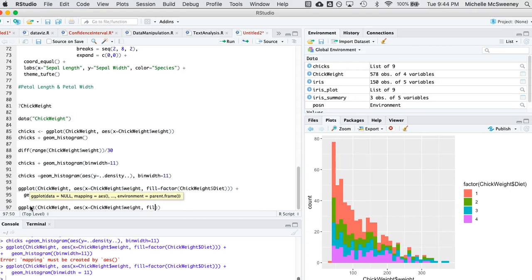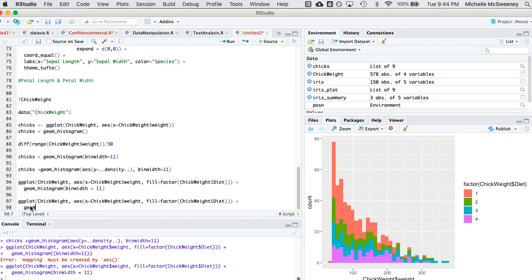And our fill is still going to be this factor of chick weight diet. Right. We'll close all three of those, and we'll add to this our geom histogram. But within our histogram is where we're going to need to do some transformations. So we're going to specify those transformations within the aesthetic. Our y is going to be equal to the count divided by the sum